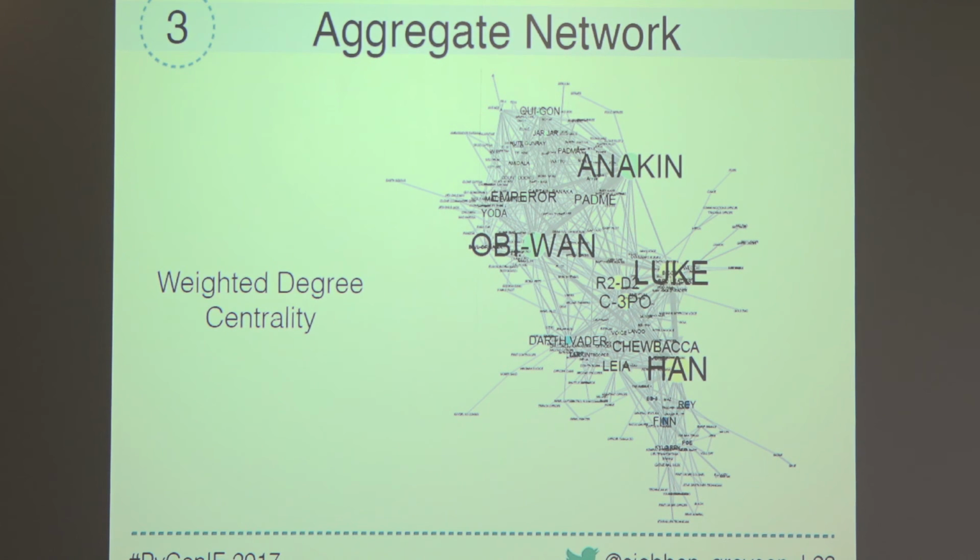But with the weighted degree, we can see that out of all of the characters in the network, Obi-Wan Kenobi and Anakin really seem to play an important role throughout the entire film series. Of course, we still haven't seen the rest of Rey and Finn's roles, so who knows, they might expand, but I guess they have a lot of catching up to do. So yes, they are important, but we also have more information on them. So you've got to always be aware of when you're saying these things, it's not definitely the most important, but the most important with the information that we have.